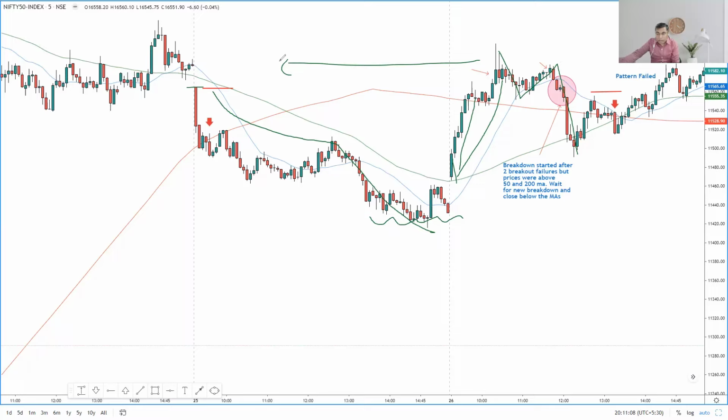So always keep this point in mind that whenever there is a gap down or a gap in between the prices, when prices come back to these gap areas, the sellers or the buyers, based on what type of gap it is, will definitely act, and they will act very strongly.